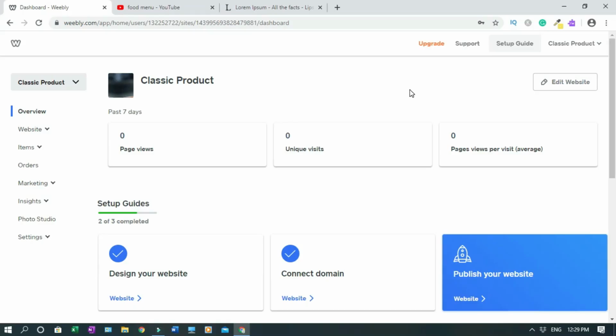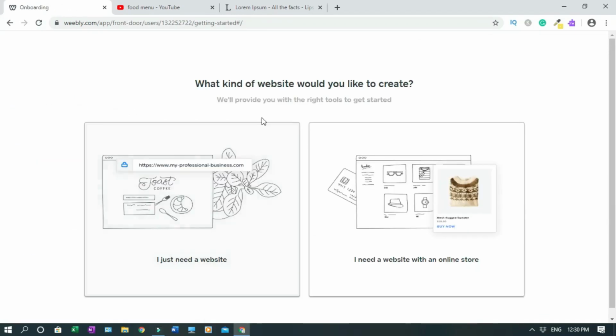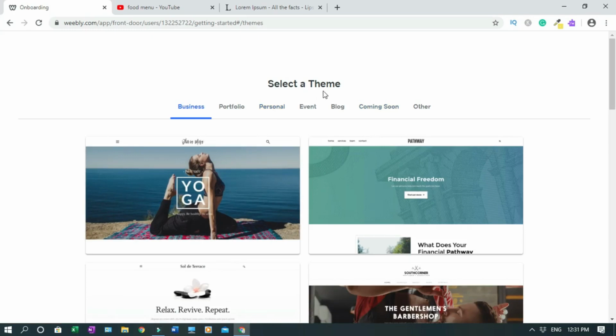Okay, so moving on, this is your dashboard or your back office where you design all your stuff. All right, so what you do, you click on this arrow, you click on add site. Then it's gonna ask you what kind of website you'd like to create. I just need a website, or I need a website with an online store. I need just a website. Click on that. All right, so select a theme